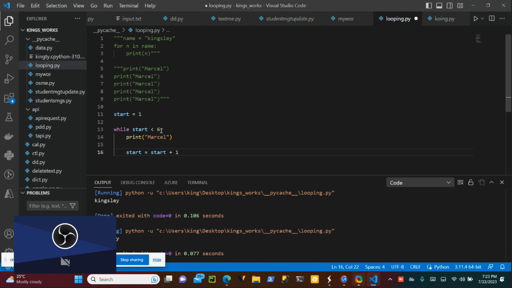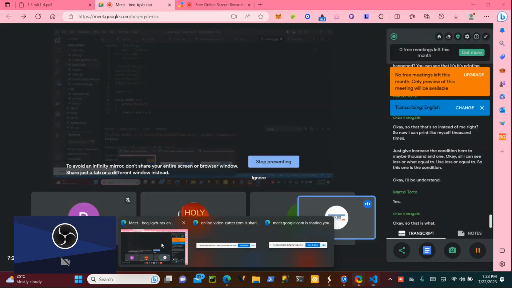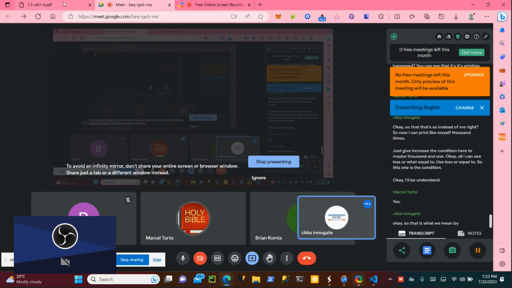Just increase the condition here to maybe 1,001. Or I can use less than or equal to. So this one is the condition. Okay, so that is what we mean by a while loop here.